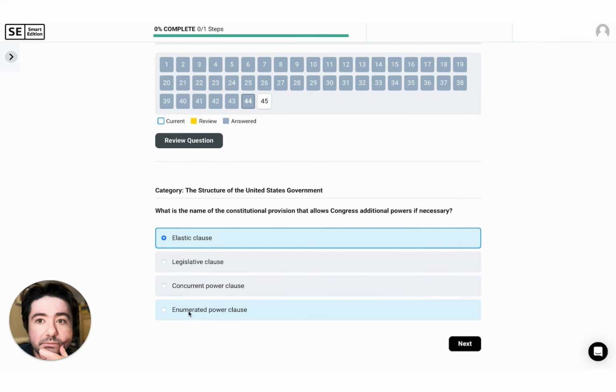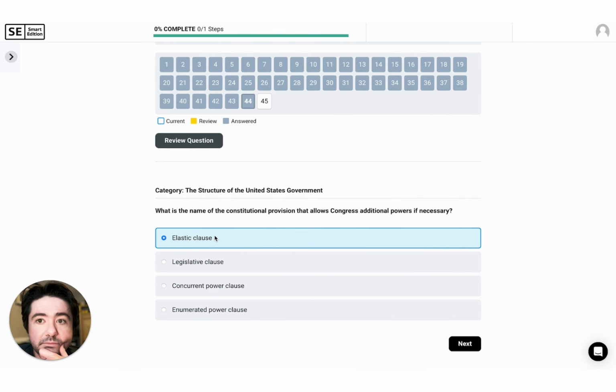An example of an enumerated power, for instance, would be the president being the commander-in-chief of the armed forces, or the House of Representatives to propose tax legislation, because that's their specific power over the Senate. Now, for instance, if Congress has the power to tax, well, it has to put all that tax money somewhere, right? So in the early 19th century, Congress said, okay, look, we're going to use the elastic clause, the necessary and proper clause, to create a national bank where we can regulate the national economy from and do a few other things. This went in front of the Supreme Court, and the Supreme Court upheld the Congress's ability to do that